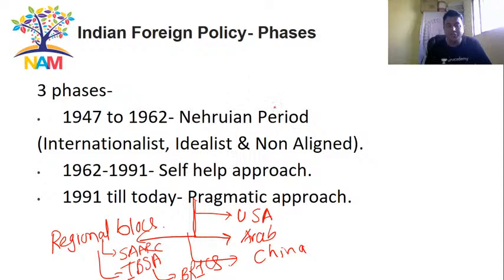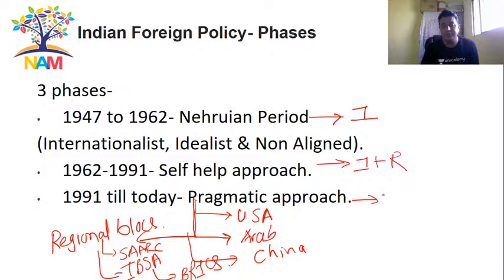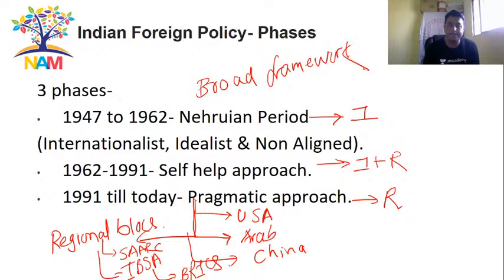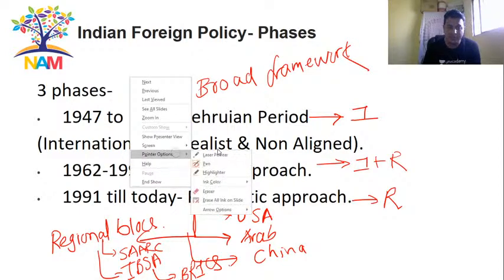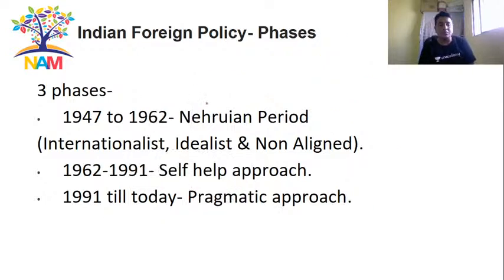Clear? So in short, in common words, we can mention this is based on idealism. This is a combination of idealism plus realism. This is based on realism. More realism. Clear? So such kinds of approaches we changed, but all depend on the broad framework. So till this point we mentioned in the last lecture. Now in today's lecture we are going to discuss